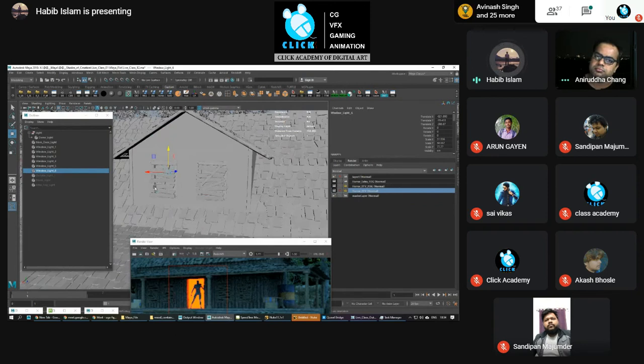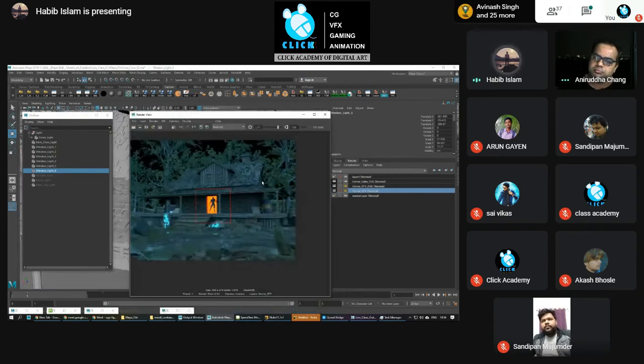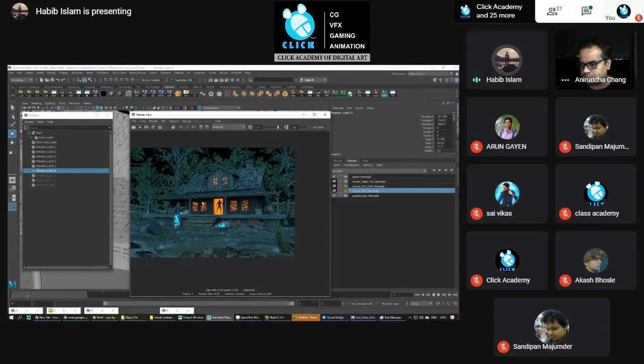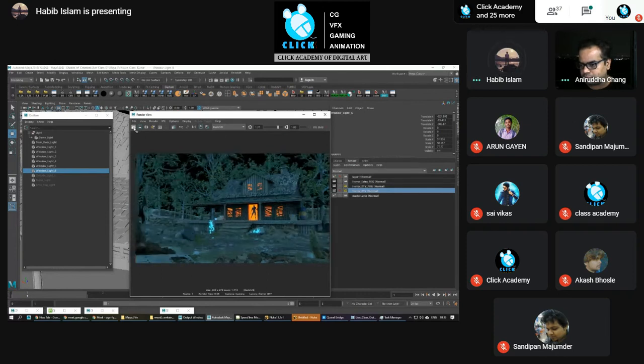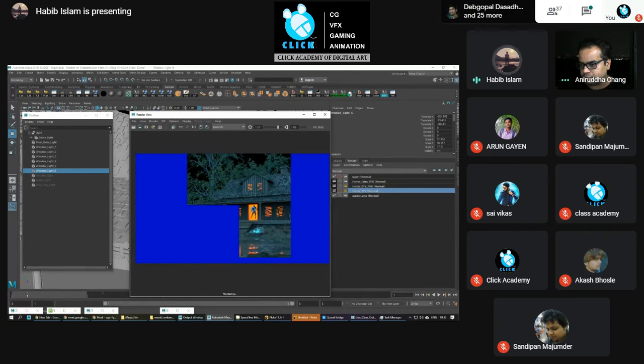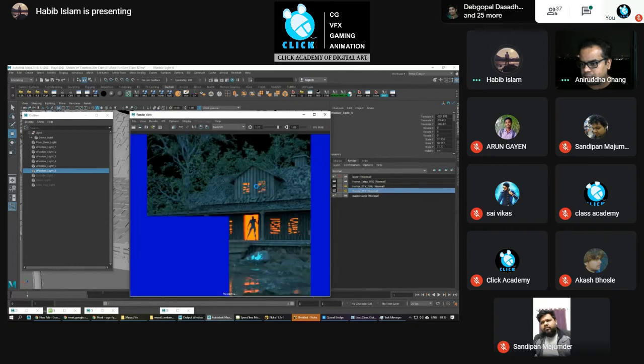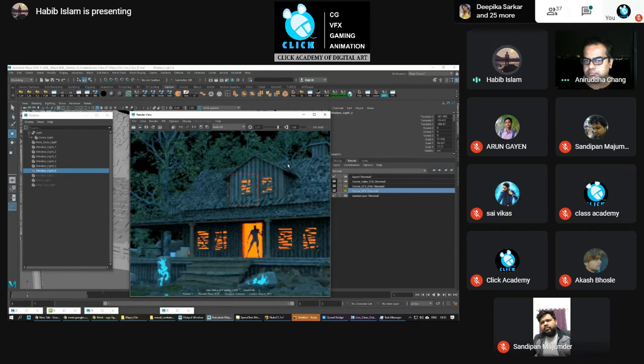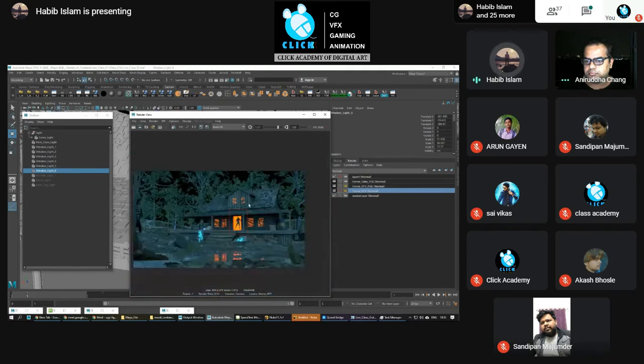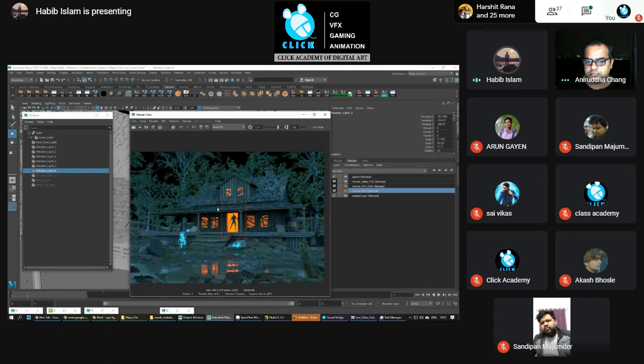Okay, so after putting all these window and door lights, this is how the output looks. Here I'm doing a partial render only for this area, which you can do in any other software. No need to render everything each and every time. If you want to make any adjustment on a particular area, you can choose that area and render it, and it will automatically render. I'm rendering in very low quality, so you might see a lot of noise and grain. But after that I will be showing you the final render as well. So this is after putting all the lights.